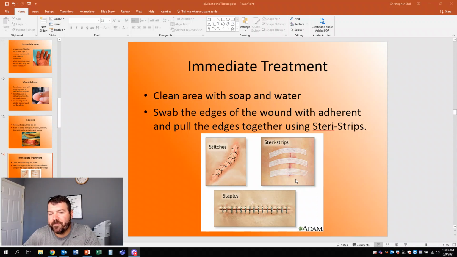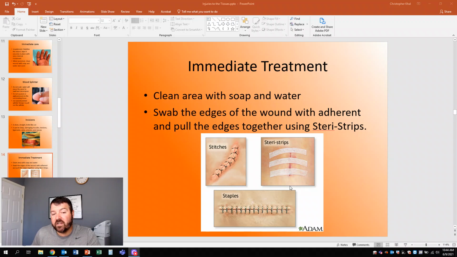Let's say it's a small 1-inch laceration or incision. After I clean it and the wound has pretty much stopped bleeding, I'll use Steri-Strips. These little strips are like the newer version of the butterfly Band-Aids to keep things together. They're pretty sticky themselves. I often use an extra adhesive, I don't want to call it glue, but it's a glue-like substance, that I'll put on both sides of the injury after I clean it.